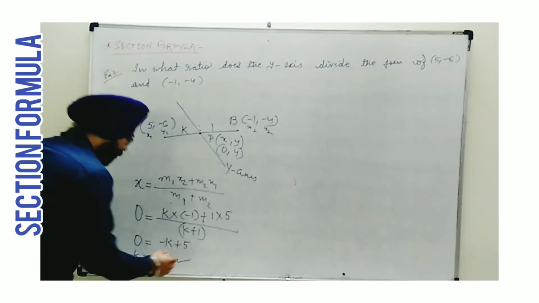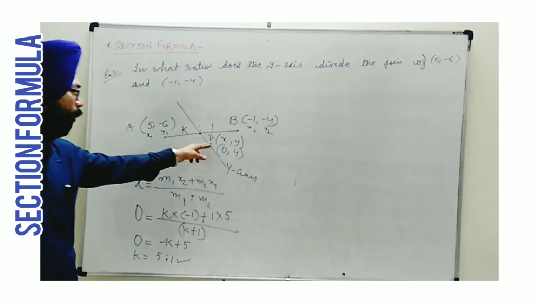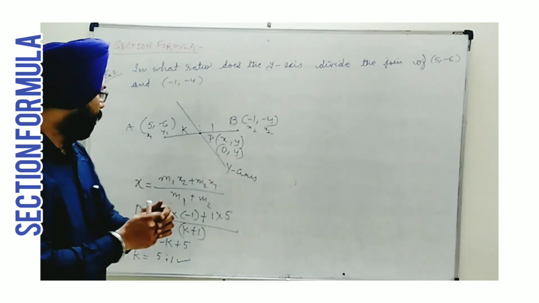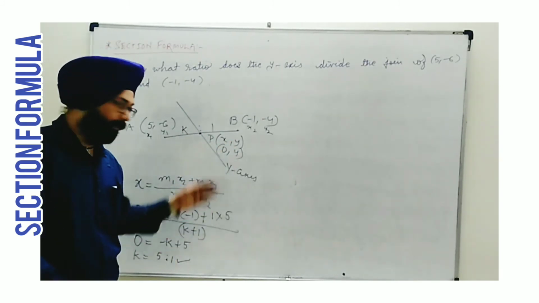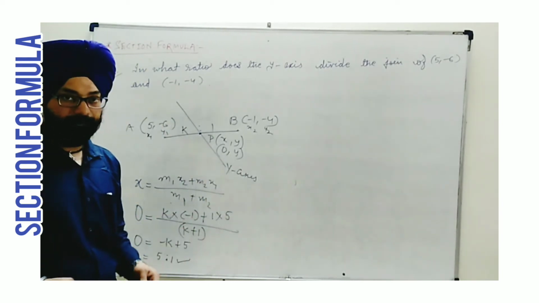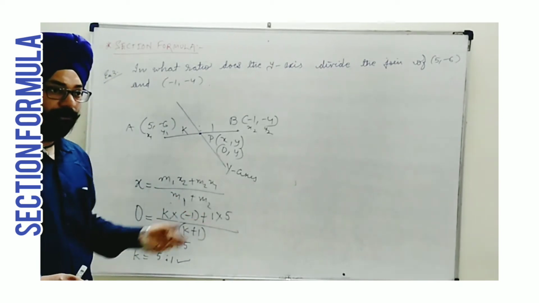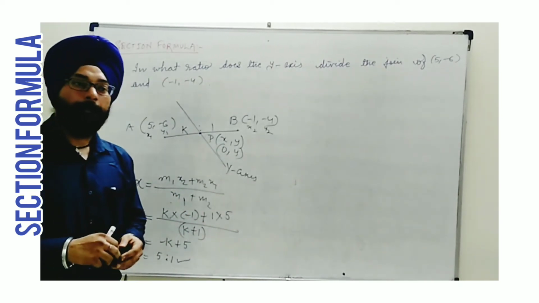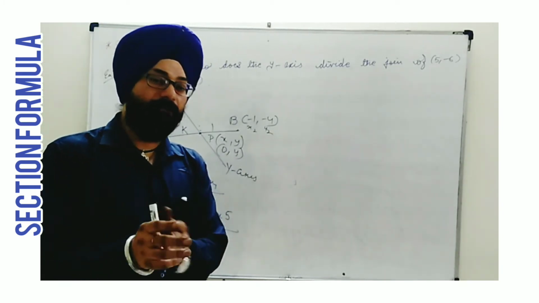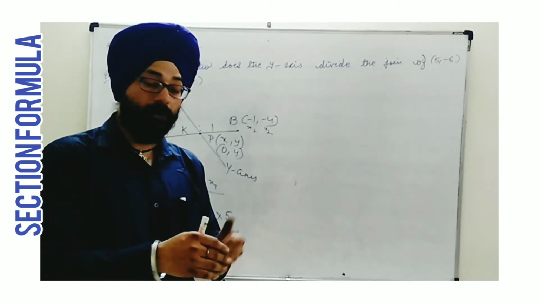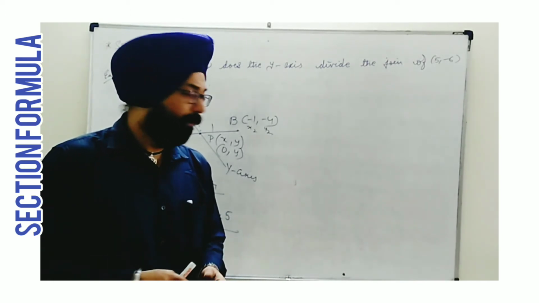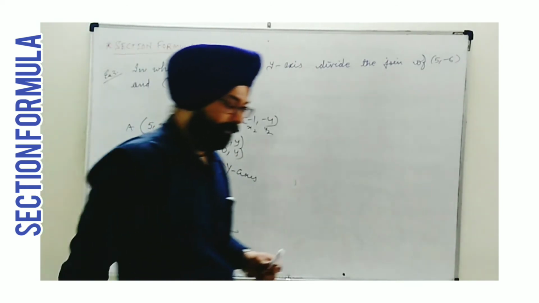Required ratio is obtained. So whenever you are not given this point P, its coordinates are not given, for sure you will be given some information about it in another way, like the y-axis is passing through it. So we have to think of that condition. Then only we can go ahead. So such questions are given on the section formula. Now there is some concept in which the section formula is used in a modified form, so we directly put the condition. So we will see those also. Let's see. Next.